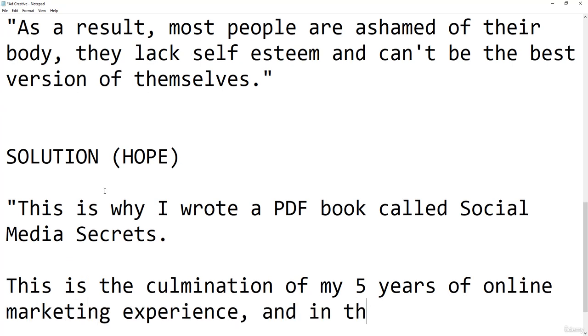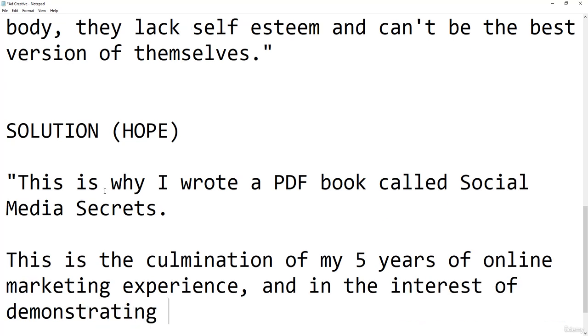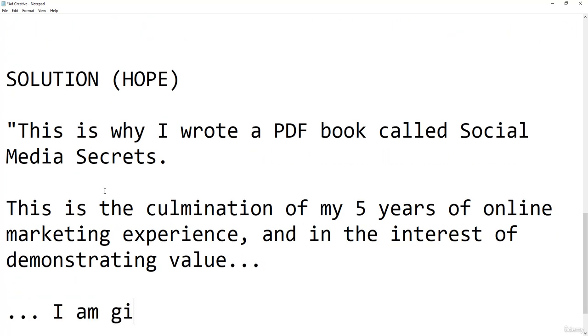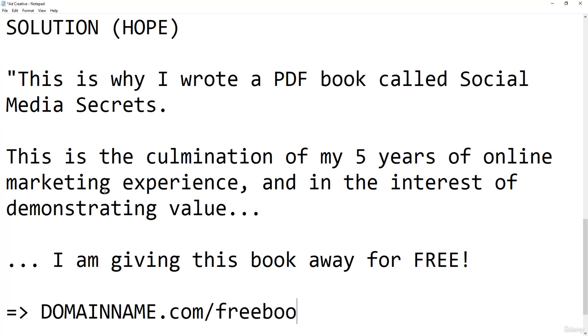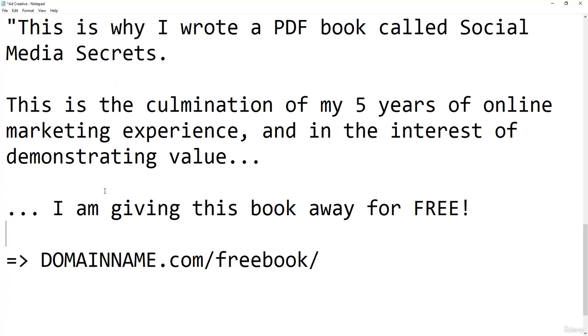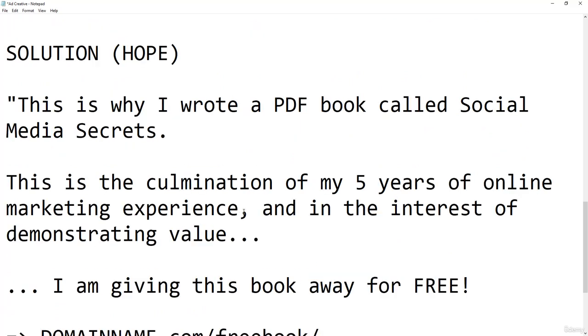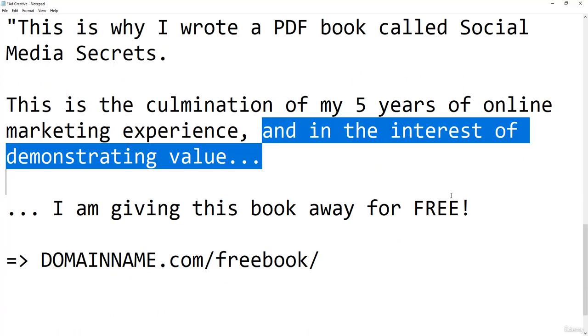And in the interest of demonstrating value, I am giving this book away for free. So after that, we put in the address here. Maybe it's your website.com/free-book, okay, whatever this website address is. Now, the reason why I say that in the interest of demonstrating value, I'm giving this book away for free,